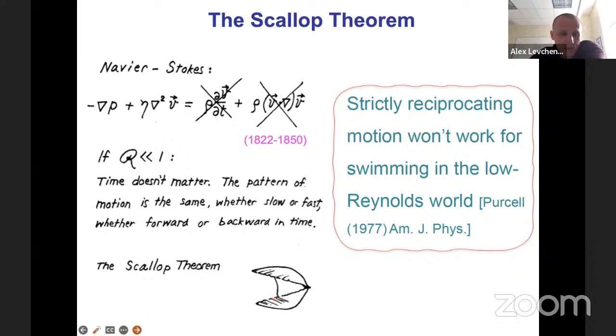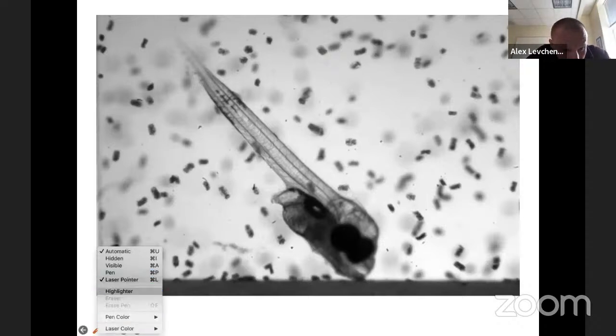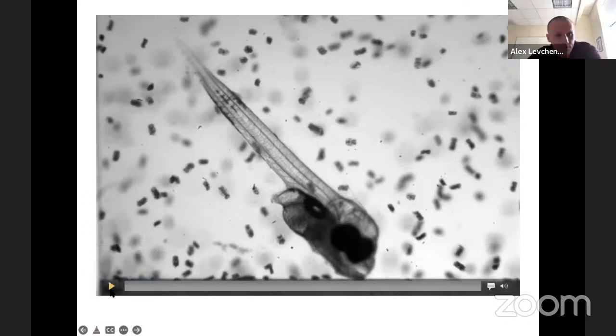So let me show you an actual experiment of that. This is a fish in a container. I got this slide from Grisha Falkovich, and I appreciate him sharing it. So let me try. I need to undo the laser pointer and try to run the video for you. You need to pay attention right now to the head of this fish. This fish would open its mouth and try to swallow one of these food pieces floating around, and then it will close its mouth and see what happens. I'll run it a couple of times.